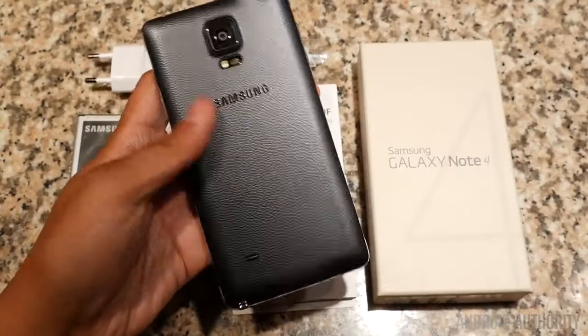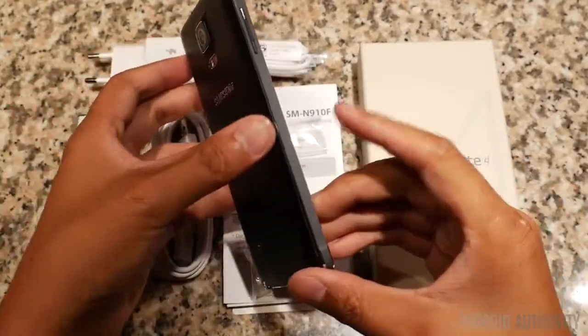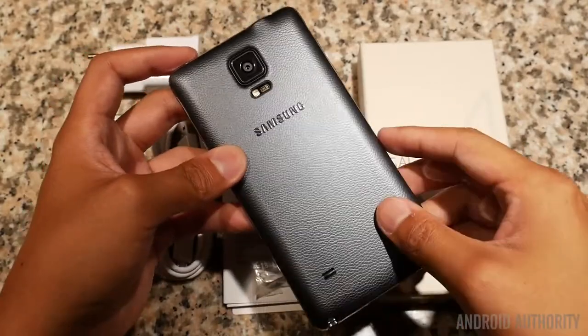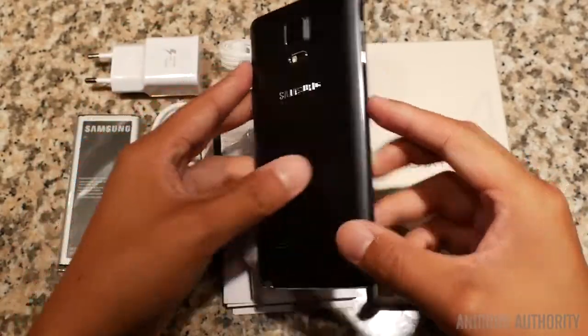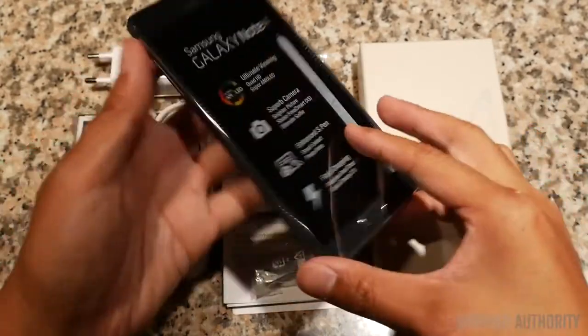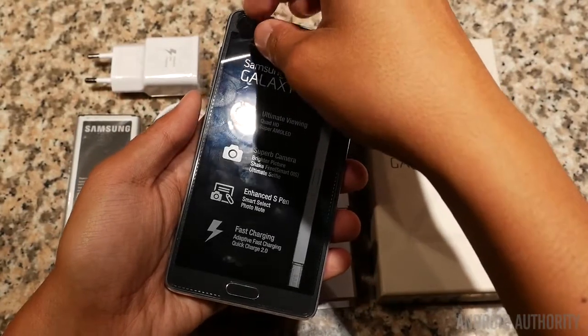There is the backing, this faux leather backing, originally introduced in the Galaxy Note 3, but this time we don't have the stitching on the sides. It just feels like a nice premium phone already. Not going away from the glossy plastic certainly is something that everyone is going to like, but of course we have this metal over on the sides in the frame. That's awesome. It already feels pretty nice even without the battery in there, so it feels pretty light,